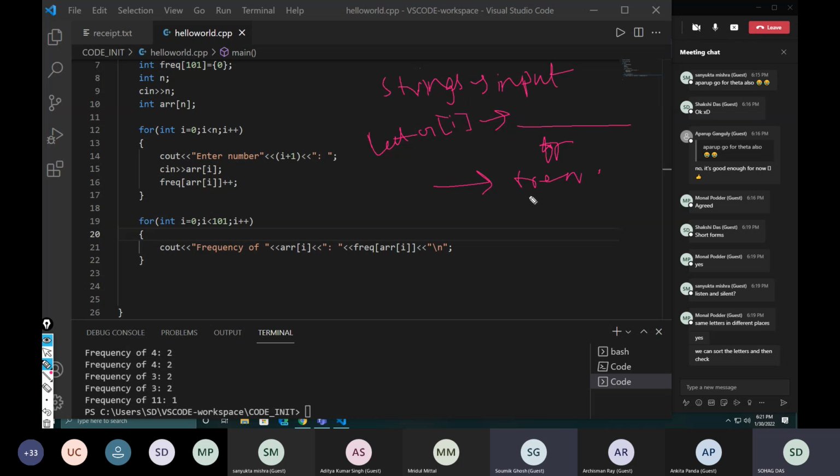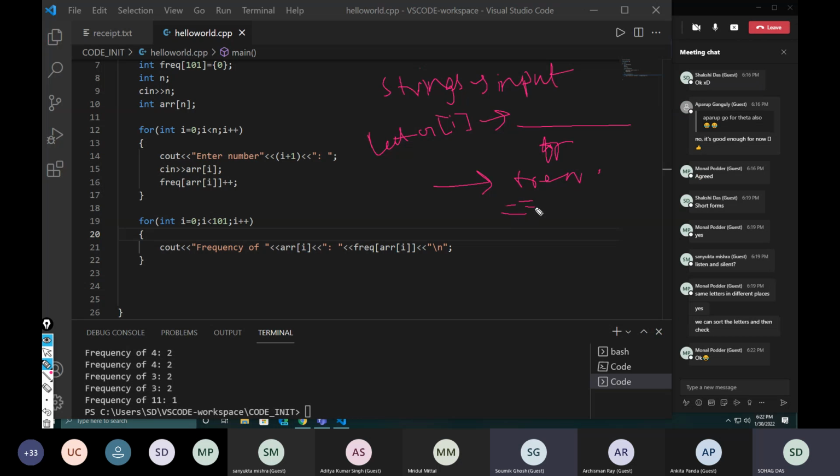Okay, so they'll check the frequencies of both the strings, and in a nested condition they'll check if they are equal. So this is freq 1, this is freq 2, so I'll just shorten it with f1 and f2. If they're equal, then we don't return false, we go for the second letter. And if they're not equal, then we directly return false and close the loop. Fine, done. So this is how most people